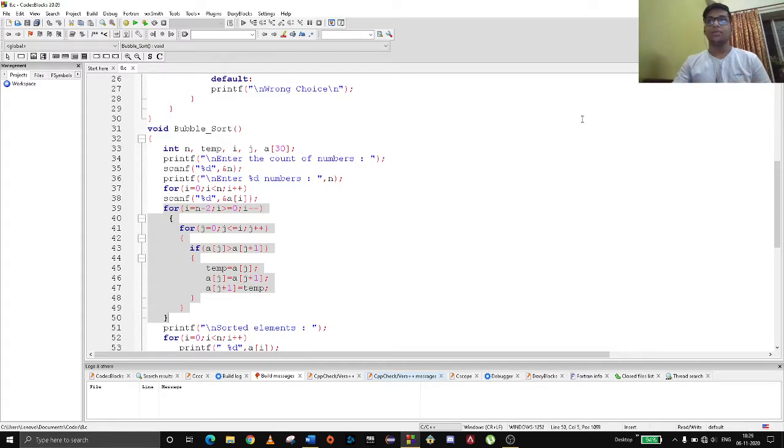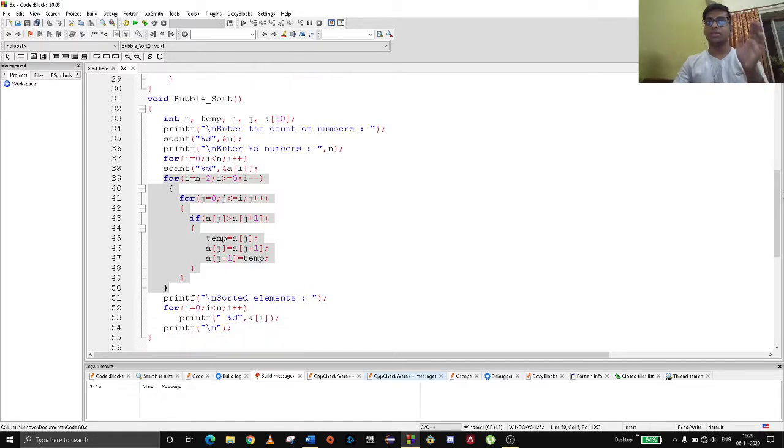Simple. Every time these for loops will run till the given numbers stored in the array are all swapped and sorted. Then we provide a for loop to print after all the elements are sorted in the array. This for loop is for getting the sorted elements. Now this whole function was for bubble sort.